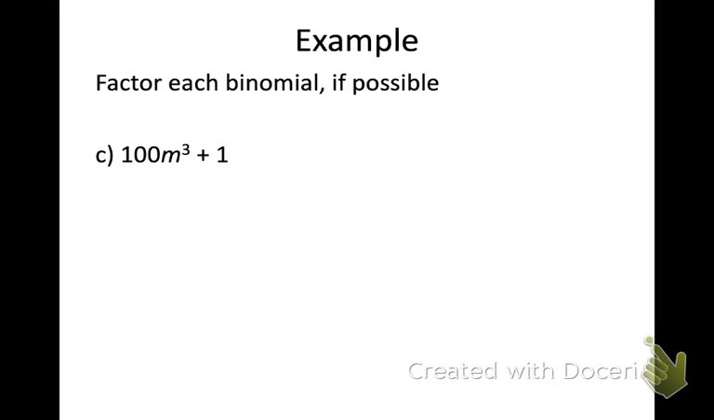100m to the third plus 1. Again, my first thought is, I see an exponent of 3, so do I have perfect cubes? Well, 100 is 10 squared, so that's not a perfect cube. 1 is a perfect cube. I can't take out a GCF that would make it into a perfect cube. So because this is not a perfect cube,